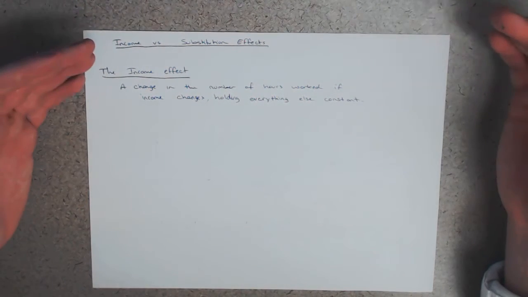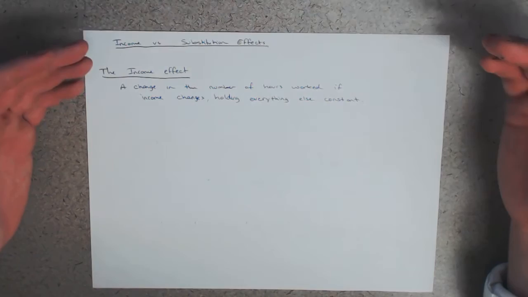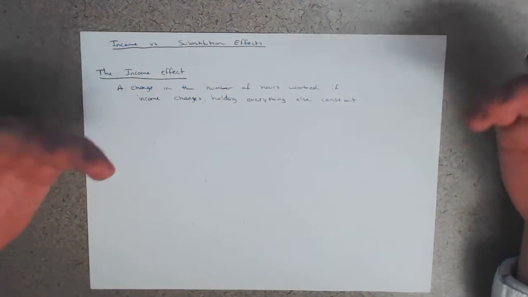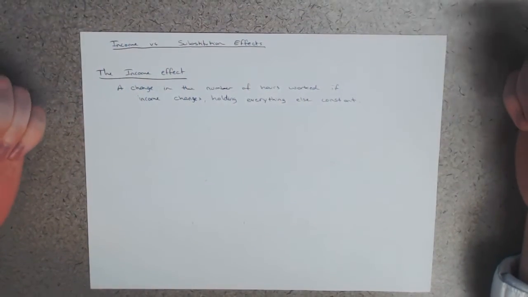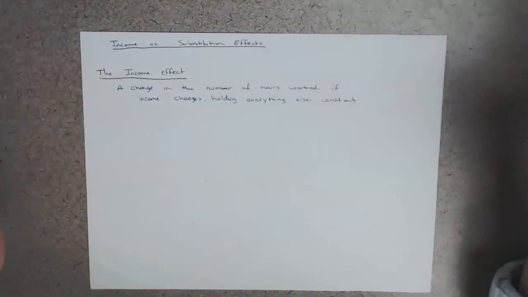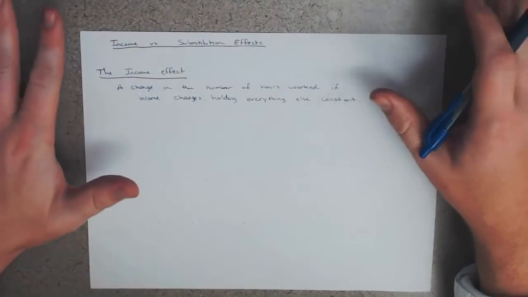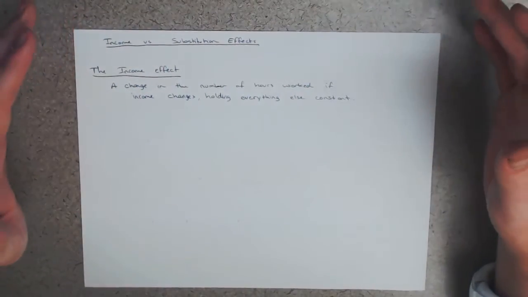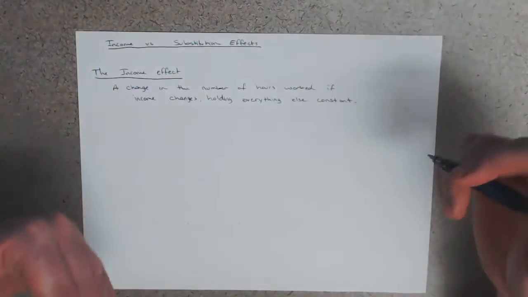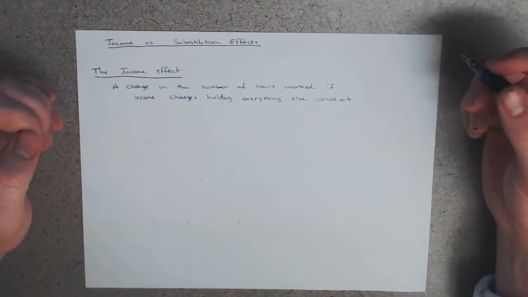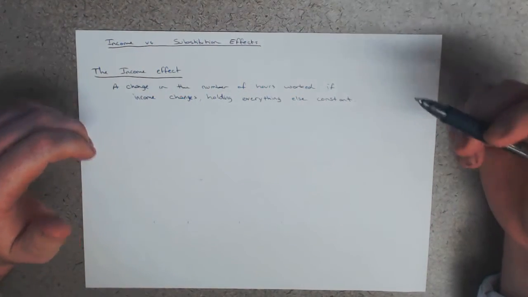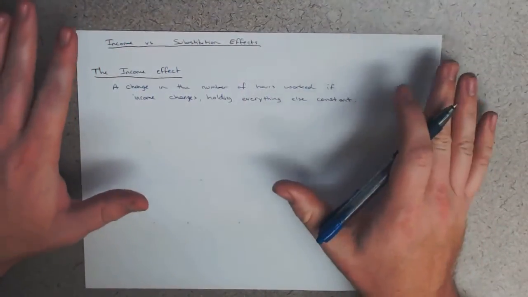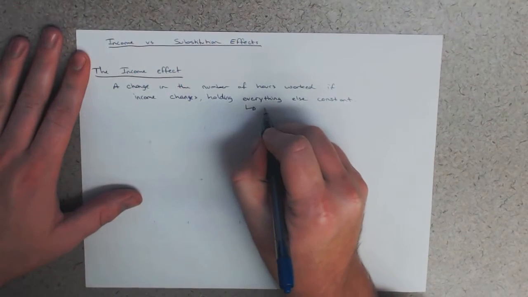And the reason why is what? Why will you not show up? The reason is that you now have so much money that you no longer need to work. You're just like, screw it, I don't have to work anymore. I can consume all 24 hours of my day with leisure. And you can. Economists call this the income effect, which says that if your income rises and everything else stays the same, including